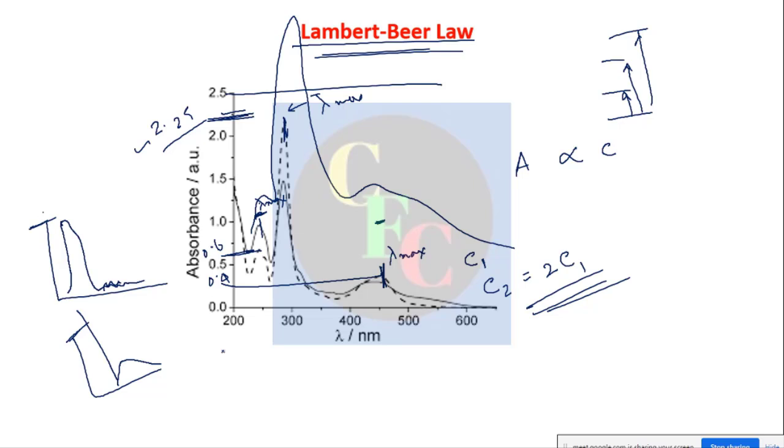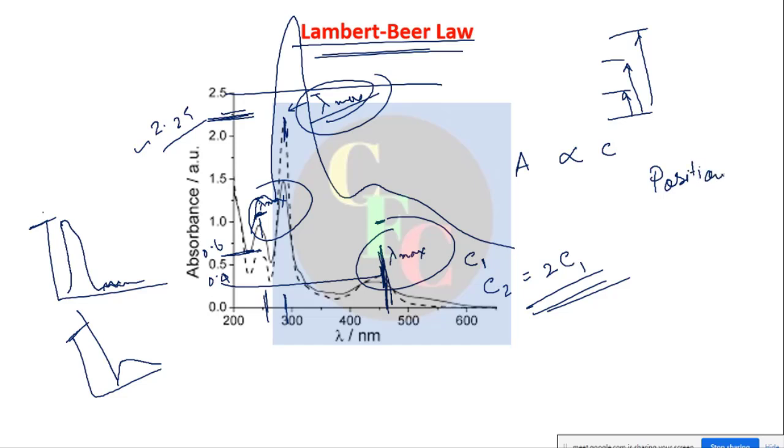So one more thing you have to point out: from this spectra, what do we get? We actually get the position, that is the lambda max, first of all, the position of the energy bands. So we get 3 positions here, 3 lambda max, and the intensities. Intensity of this one is highest, then this one, and third is this one. So we get 2 things from a UV visible spectroscopy. First is the position. So position gives the lambda max of each band, and this corresponds to the energy gap. Fine. Then the intensity.